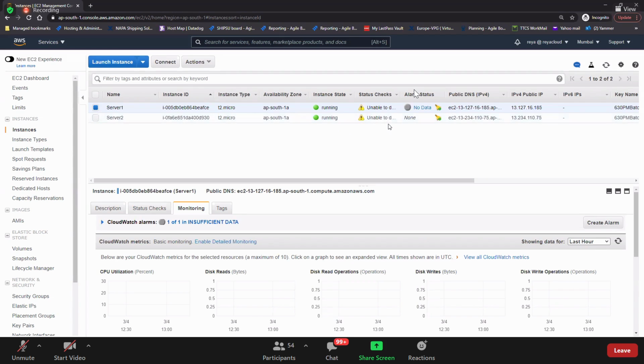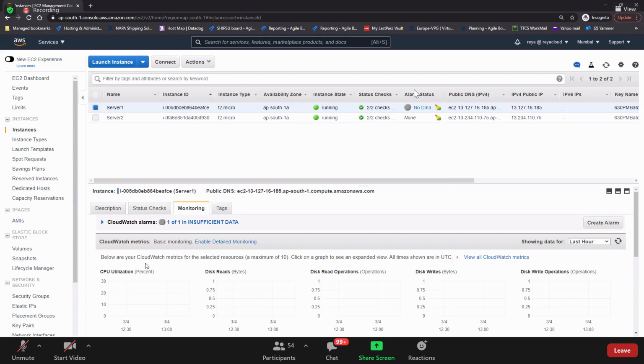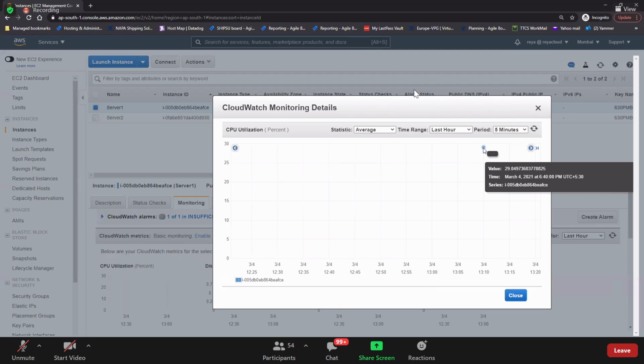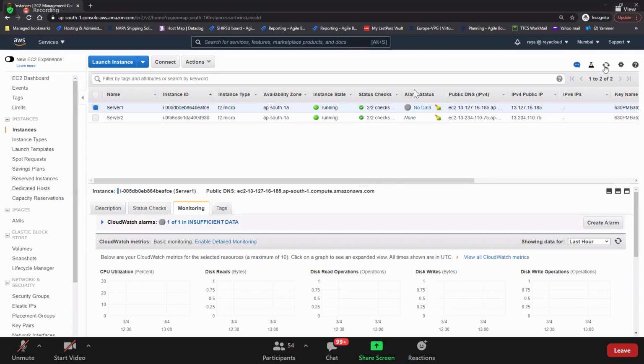If you do this, this will give nasty errors, because after all, it is a code. Okay, let's wait a bit. What's the CPU utilization here? Oh, it's 29%. Okay, we need to get that down first. It's still no data.